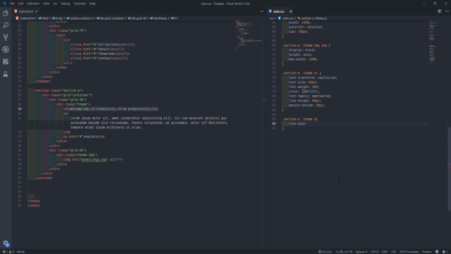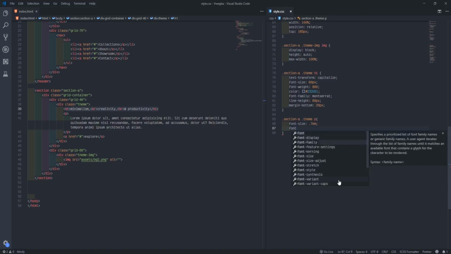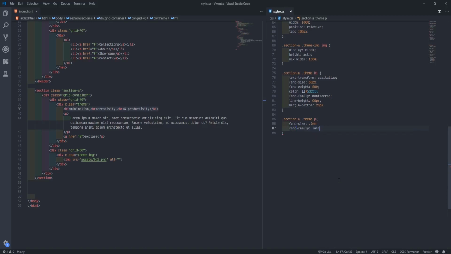So the font size now, I don't use pixel. I want to say my type of design, I try things anyhow. So now instead of pixel, I'm going to use EM here. This EM, I don't cover it here, it is in my CSS videos, so go and watch the video to understand. So the font family is Lato, then margin bottom maybe 30 pixel, the same as the H1, 30 pixel.